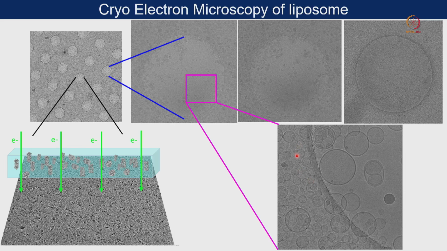Whenever the small protein or any biological molecule stays in this carbon area, generally we don't want to image those. Always remember that any sample in this region will not give you a very good result. So always, when you image, target this particular area.